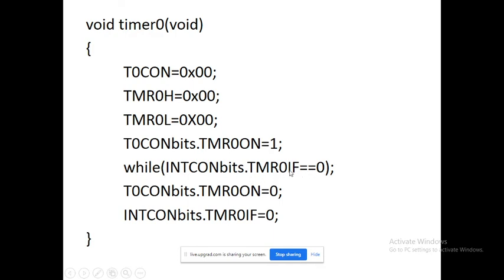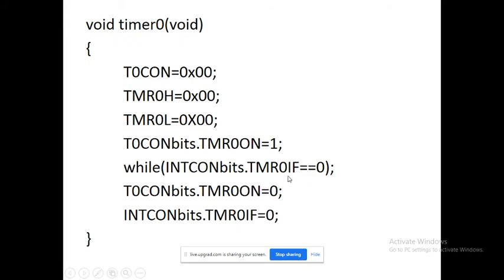You are continuously waiting for the timer to overflow. When the given time is over, it is moving from 40 to 4F. Every time it is incremented, means 40, 41, 42, 43. In this fashion, every time it gets updated, and when it has reached 4F and one more pulse comes, at that time it overflows, and it will set the flag, that is the timer 0 interrupt flag.